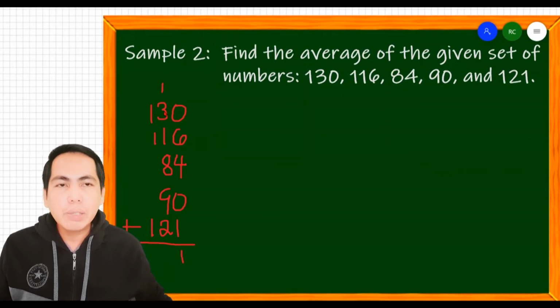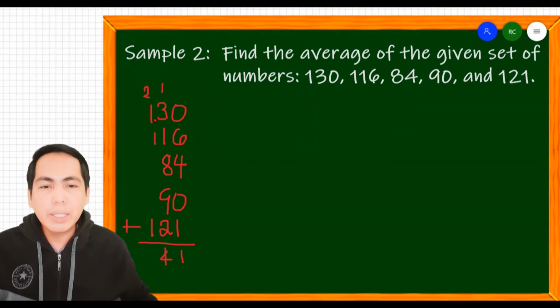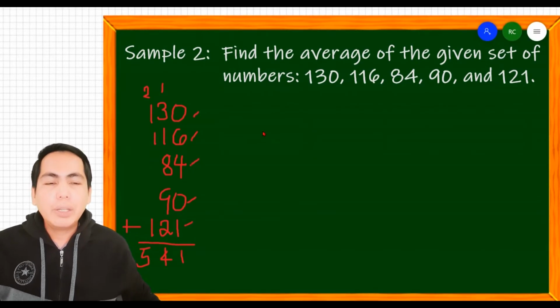1 plus 3 is 4, plus 1 is 5, plus 8 is 13, plus 9 is 22, plus 2 is 24, 4 regroup 2. 2 plus 1 is 3, plus 1 is 4, plus 1 is 5. So you have 541. And next, we are going to count how many numbers we added. 1, 2, 3, 4, 5. So therefore, our divisor is 5 and our dividend is the sum, which is